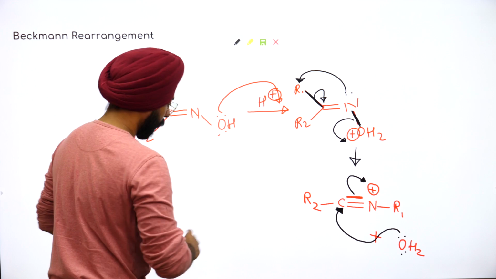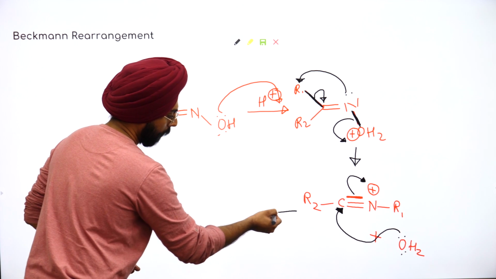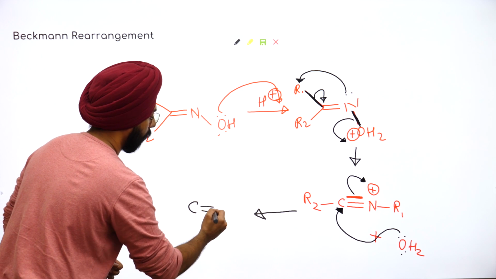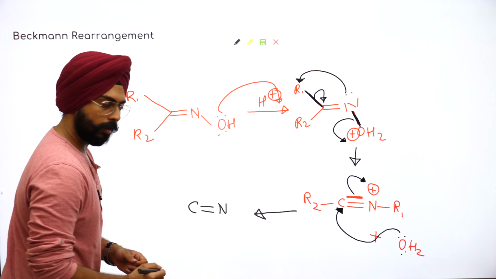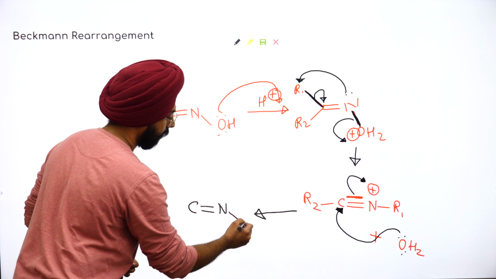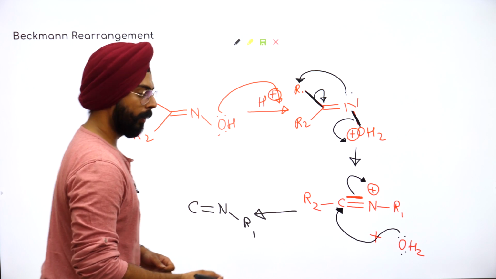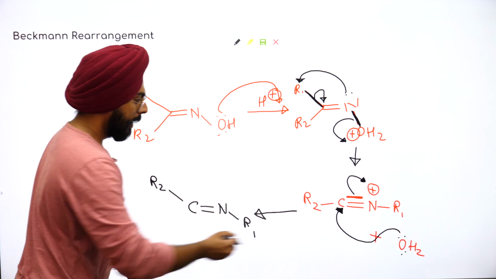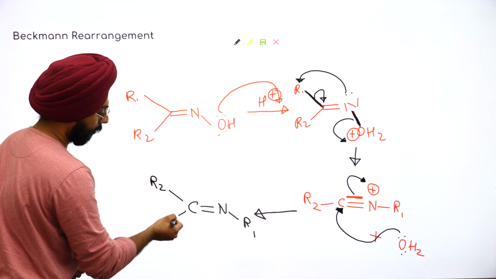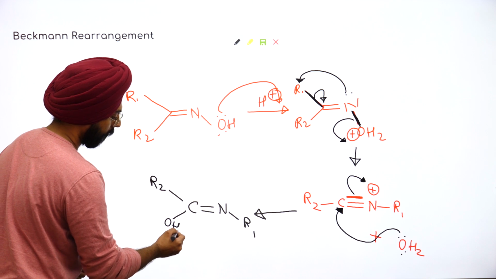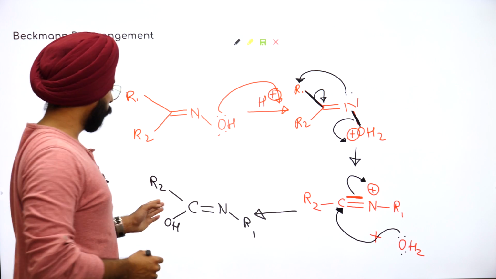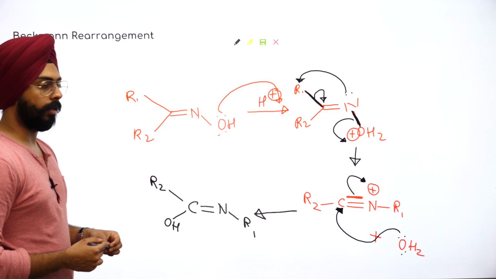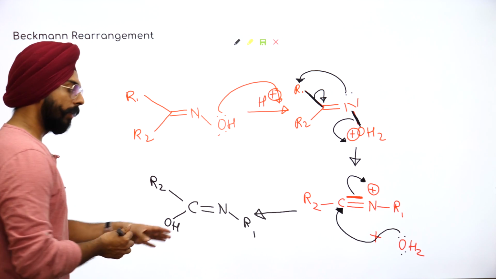So what will happen now? Just look at this. ठीक है. C double bond N. ठीक है. वहाँ पे एक R है. This carbon already had an R, alkyl chain, and this OH has migrated over here. Yes, OH2 positive रहेगा, then lose the hydrogen into the solvent itself. चलेगा. Cool. ये बन गया.